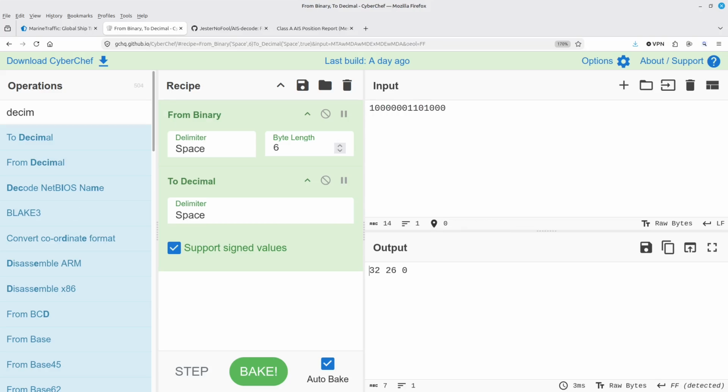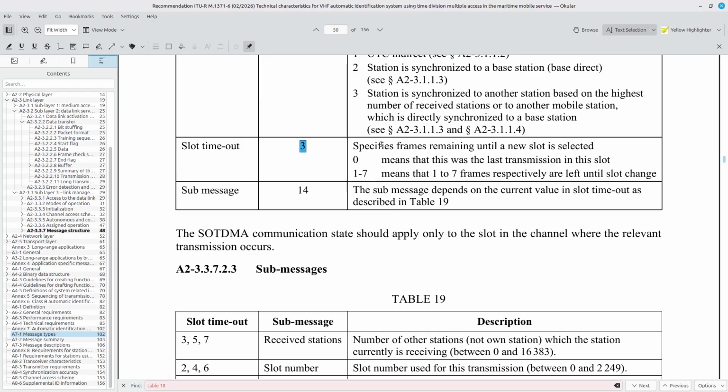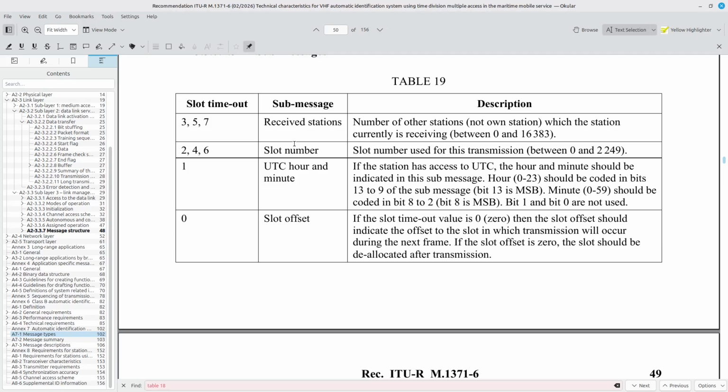What does that mean? 1 means that 1 to 7 frames respectively are left until slot change. And then finally I've got 14 bits for a sub message, which depends on the current value in the slot timeout. Come down here. 1 means that the rest is a UTC hour and minute.